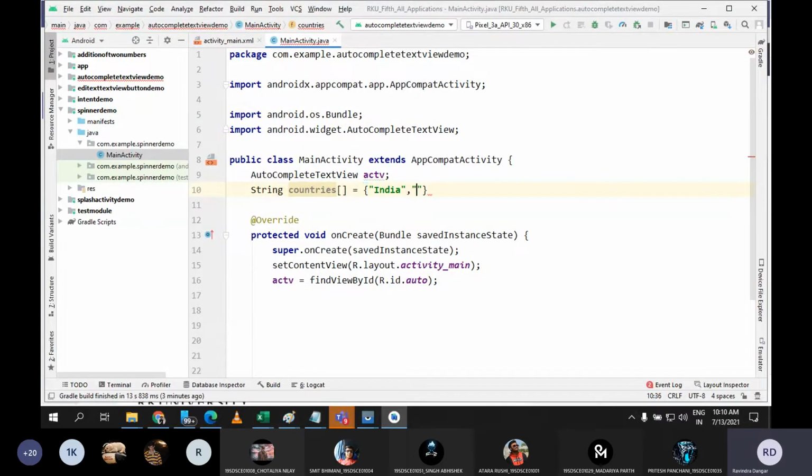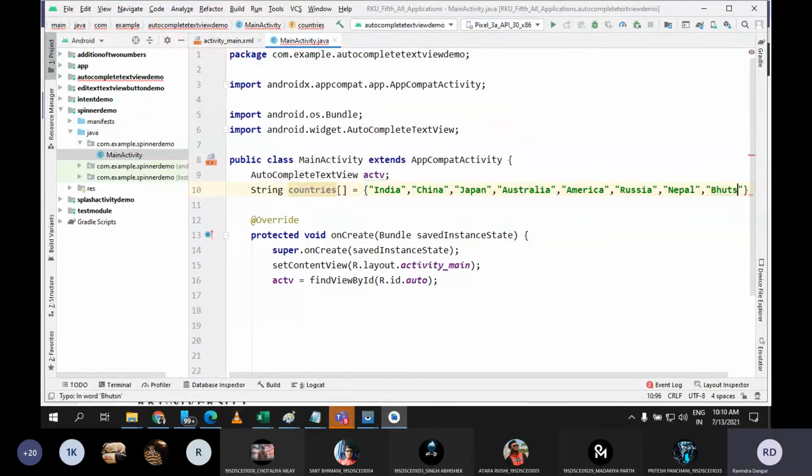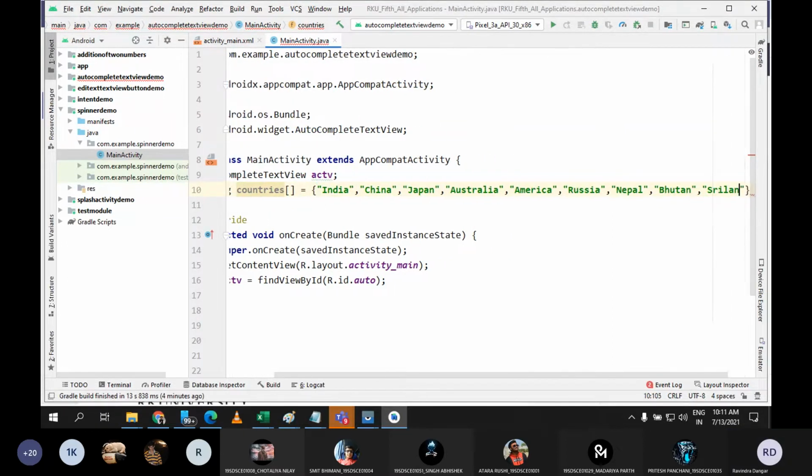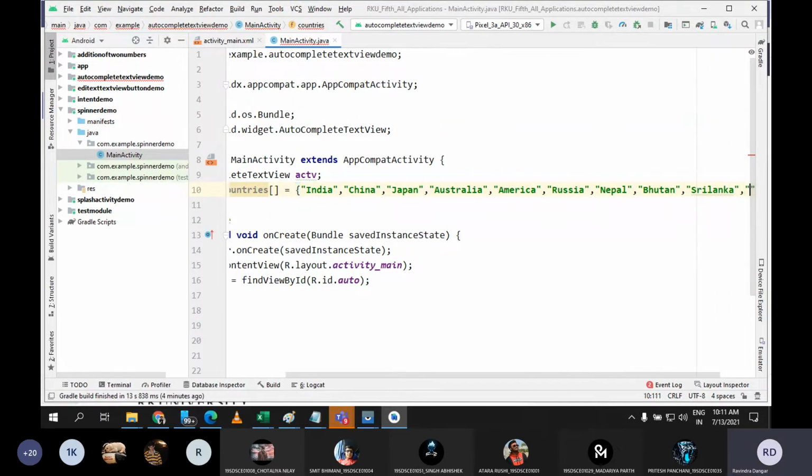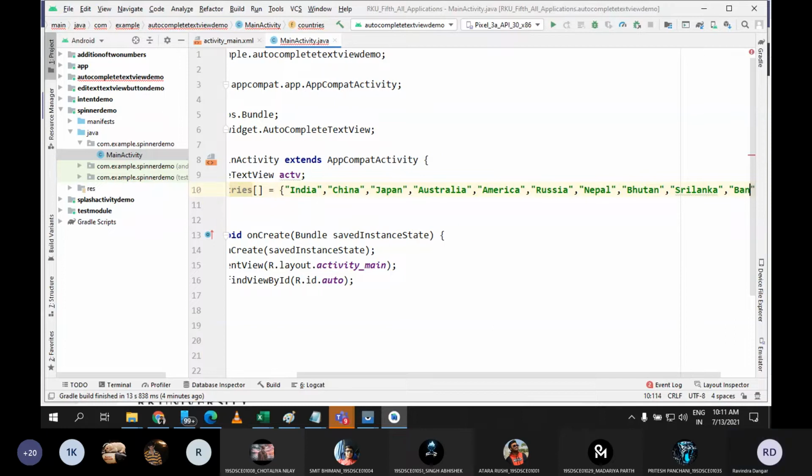India, then China, Japan, Australia, America, Russia, then let's say Nepal, Bhutan, Sri Lanka, Bangladesh.